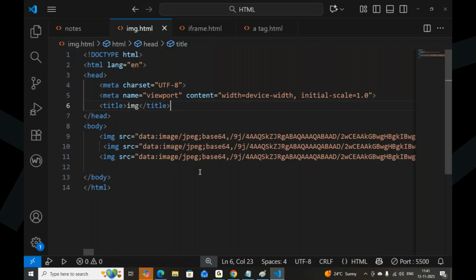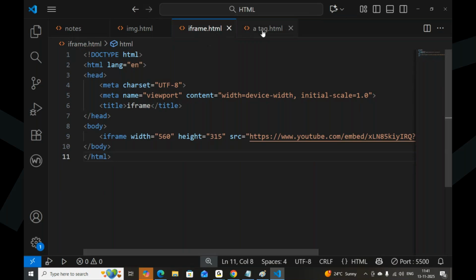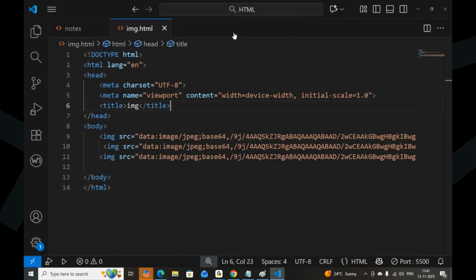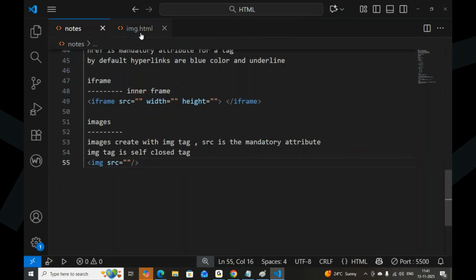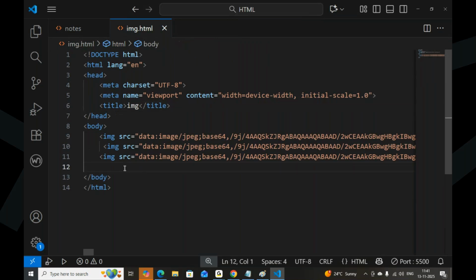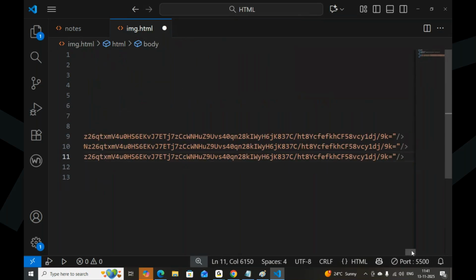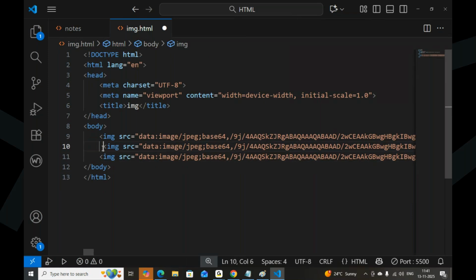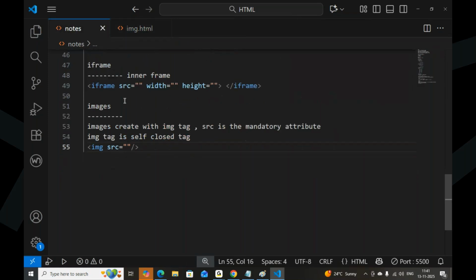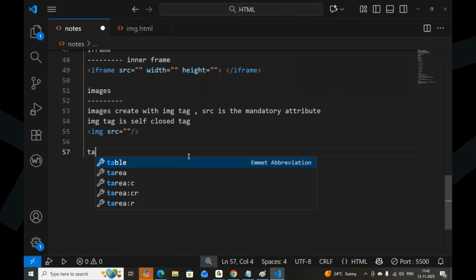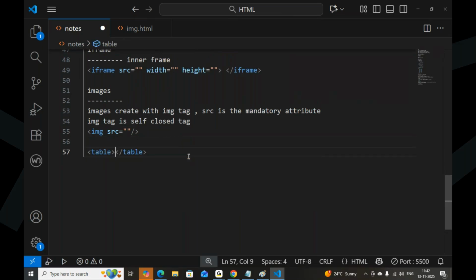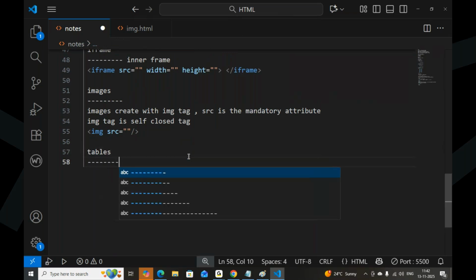Okay, so the next one. Any other tags, Manasa? Tables. How can we display tables?